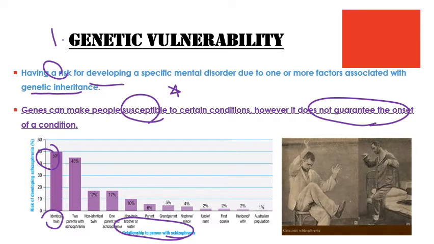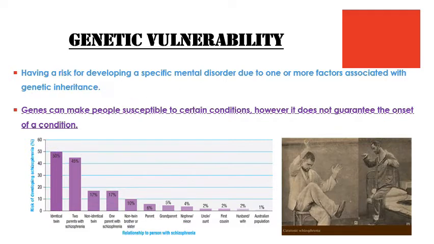If you have 2 parents with schizophrenia, then you have a 45% risk chance. If you have 1 parent with schizophrenia, you've got 17%. So what we can see here is that if you have someone you're related to who has schizophrenia, you're much more likely to get it than if you had no parents who had schizophrenia. However, that doesn't necessarily mean that you're going to get schizophrenia. Generally, this vulnerability is influenced by lifestyle and environmental factors.